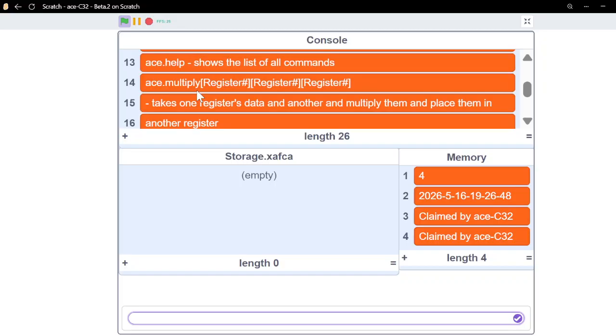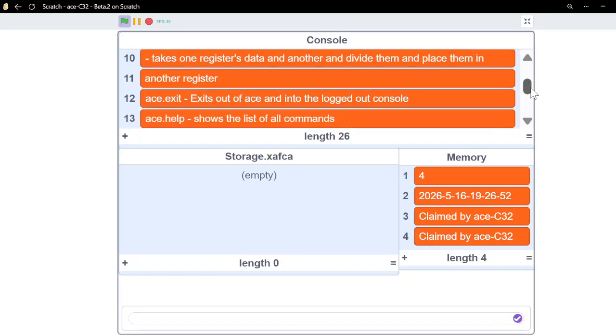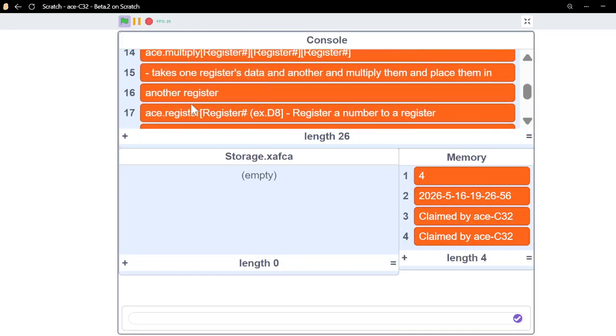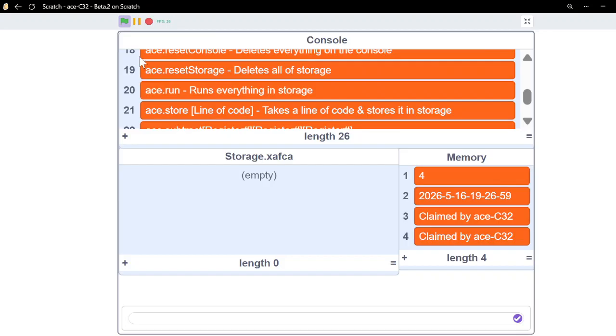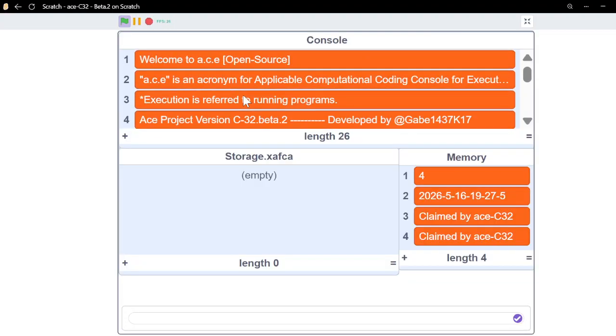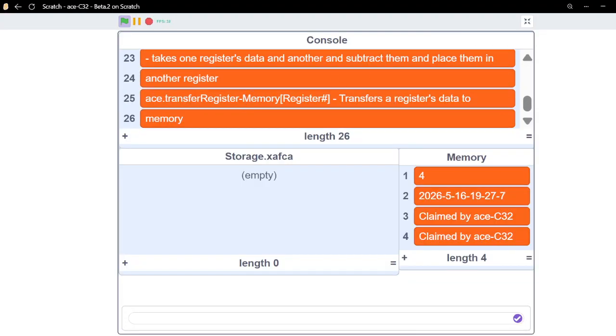So most of these aren't available, but I do have ace.exit, ace.help, ace.reset console, ace.reset storage, ace.run, and ace.store, and ace.store and ace.run are the ones that we're going to talk about